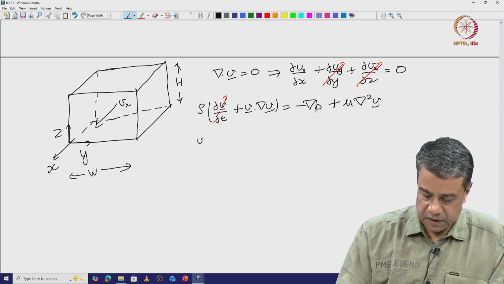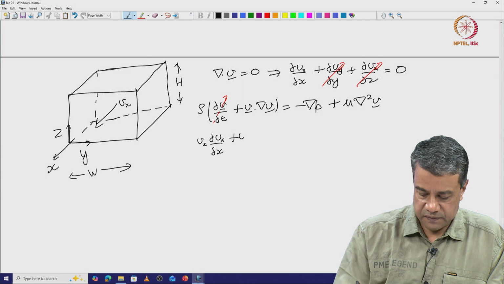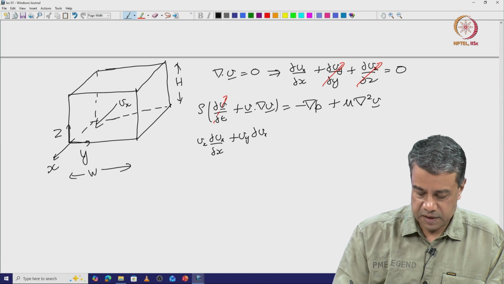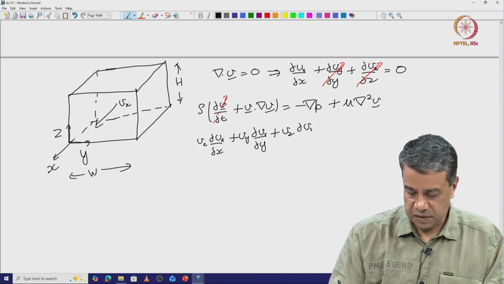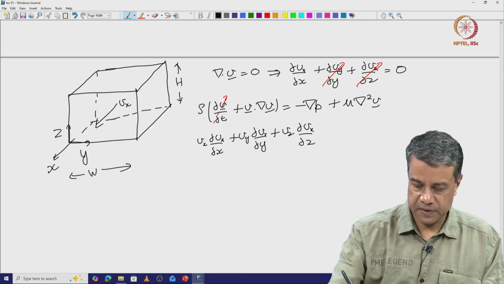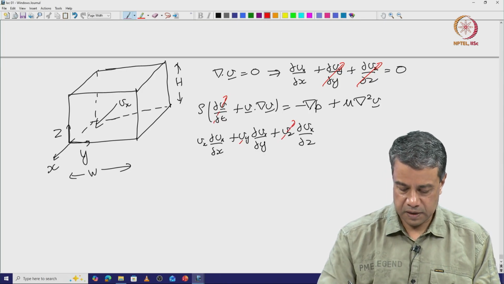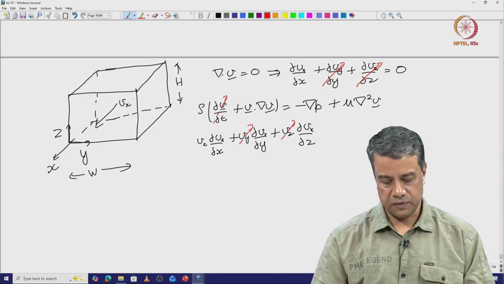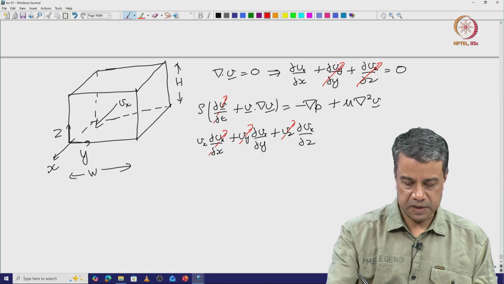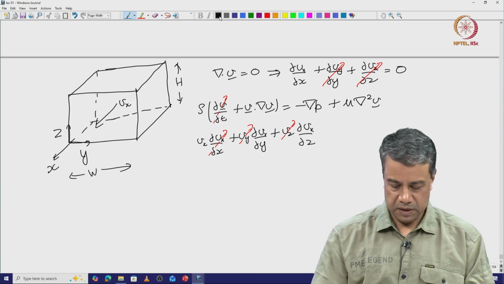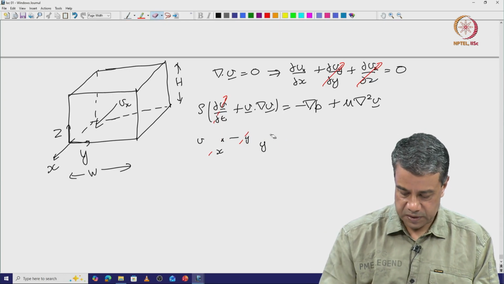V dot grad v is V x partial V x by partial x plus V y partial V x by partial y plus V z partial V x by partial z. V z and V y are both 0, its flow is unidirectional, and from mass conservation partial V x by partial x is equal to 0. So, the left side of the equation just reduces to 0